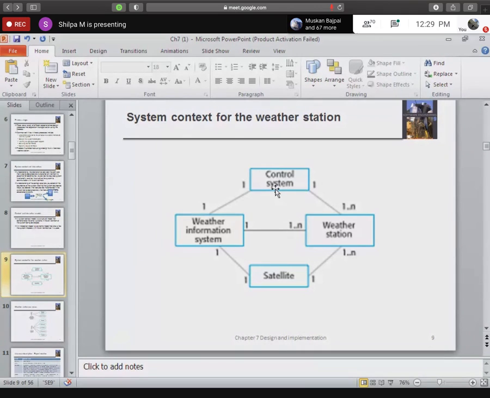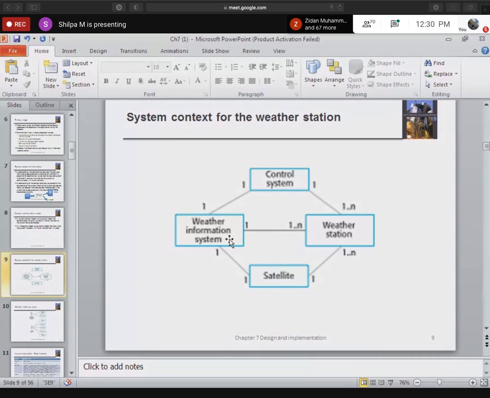Then you have a control system. Control system is like, suppose there are certain tools or certain systems or hardware devices available in the weather station. You want to start it. The one which is given in your textbook is a device which controls the rainfall at a particular location at a particular time. Suppose that device is not working, you need to restart it or shut it down because you need to maintain that. All that is controlled within this control system.